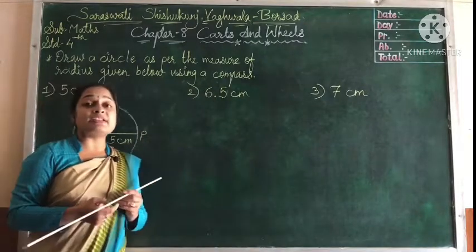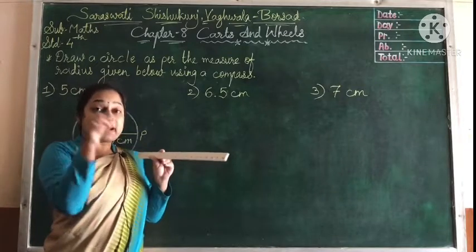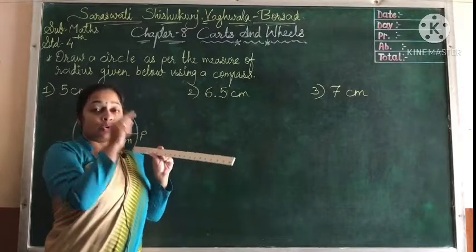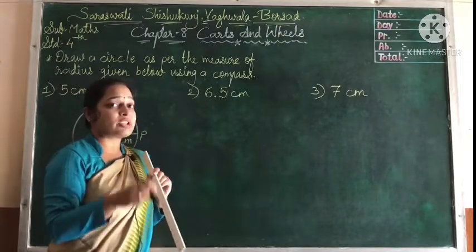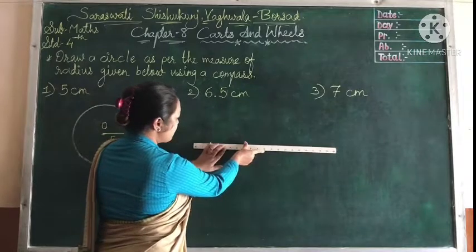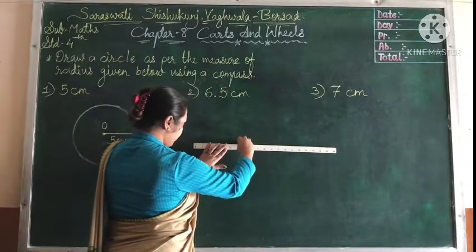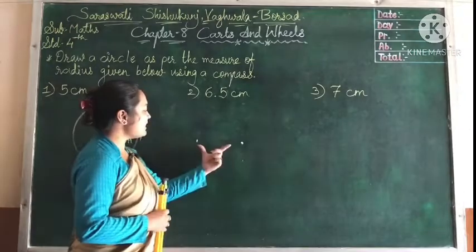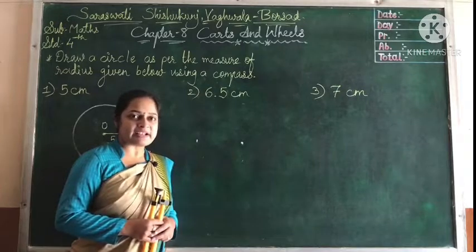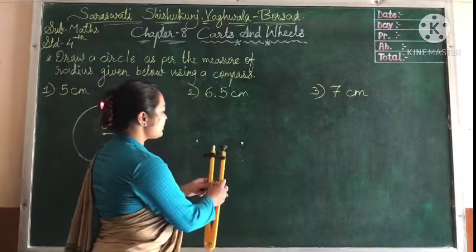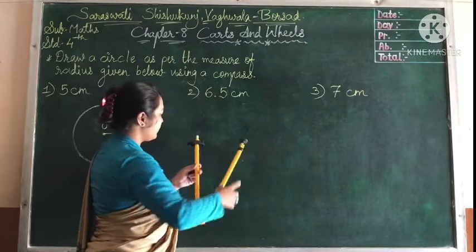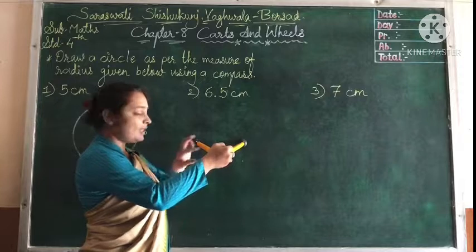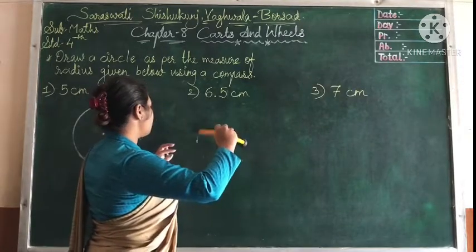Okay, 6.5 means between 6 and 5 you will have a big dash over here, right? You have a total of 9 dashes in between. Over there it will be a little bit bigger dash. So up to there you have to consider it. So again we will take the measure of 6.5 with the scale. See that we had taken the measure, right? 6.5 centimeter. Now let's arrange the compass. Is it okay now? Then after that draw the circle.